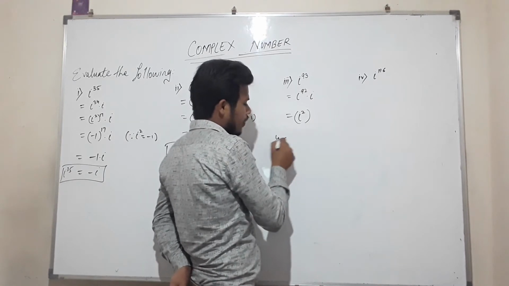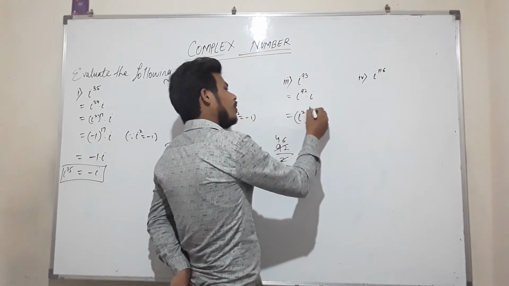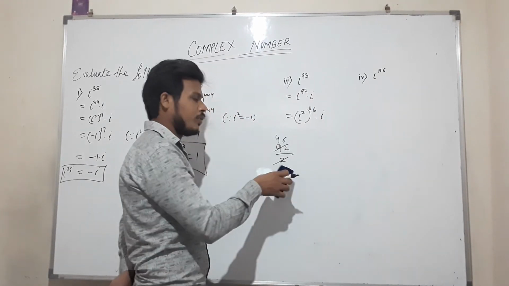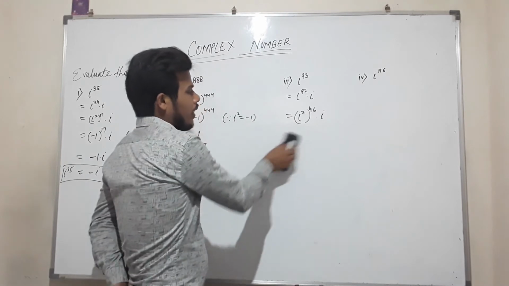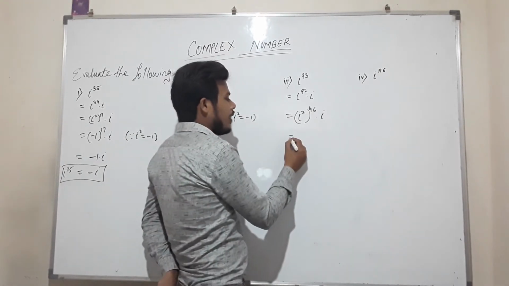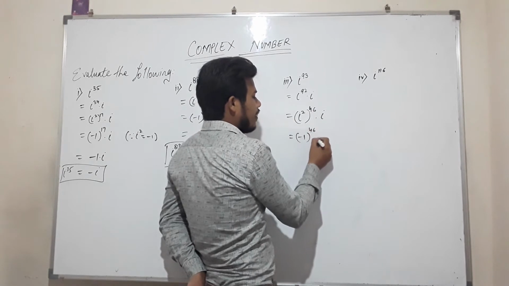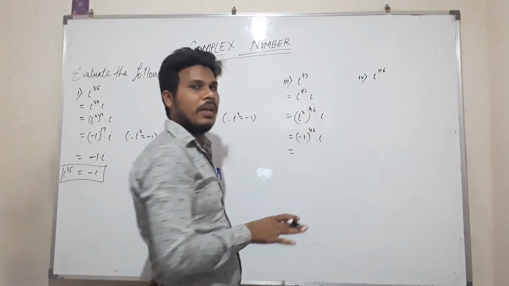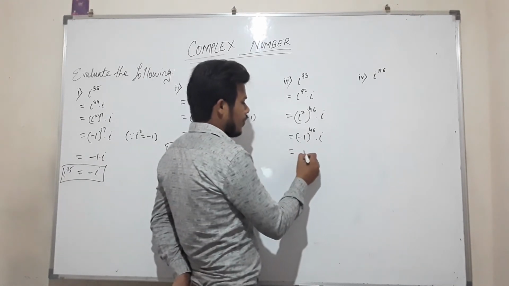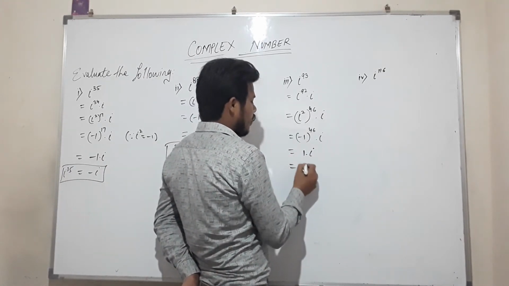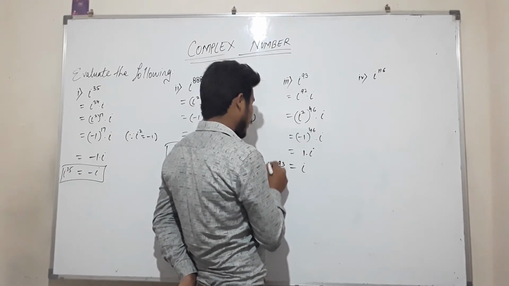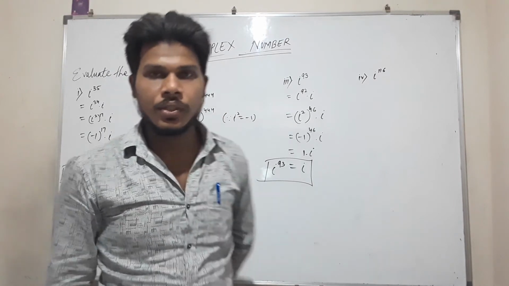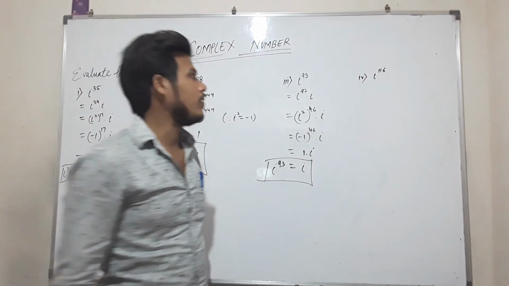2 4s are 8, 2 6s are 12, so 46 into i. If you have a doubt, you can directly divide by 2 here. Now the value of i square is -1, raised to 46 into i. -1 raised to 46 means -1 to an even power is always positive. So 1 into i, that is nothing but i. So what value did we get for i raised to 93? -i.